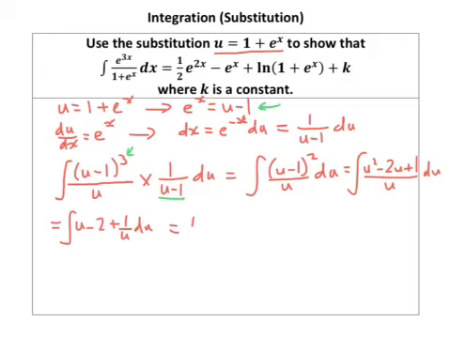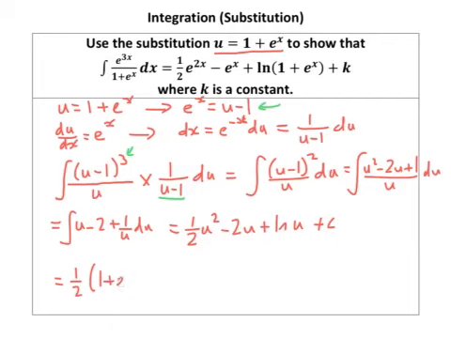We integrate u, we get a half u squared minus 2u plus ln u plus c. Then we're going to swap in u equals 1 plus e to the x, and we get a half, I do apologise,